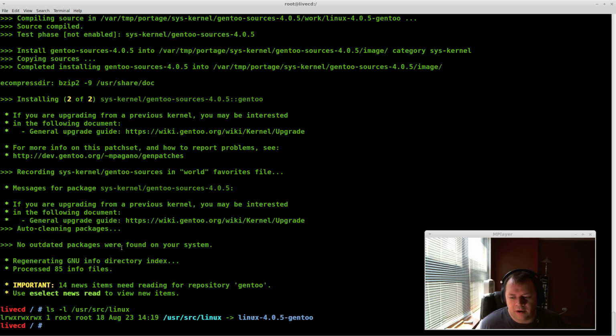Okay, so the next part is kind of a cheating, I would say, if you've ever installed Gentoo. This is going to install a way to automatically compile the kernel for me. It's up to you, but I recommend doing this unless you really know the hardware of your system and you really want to tinker with